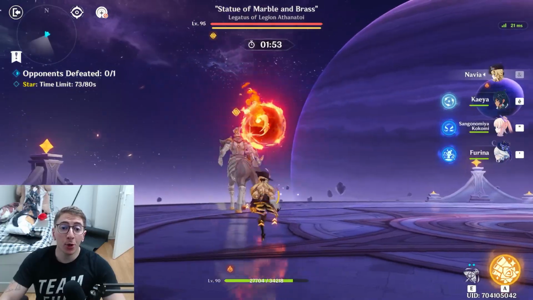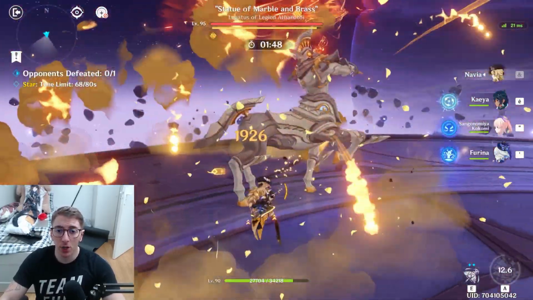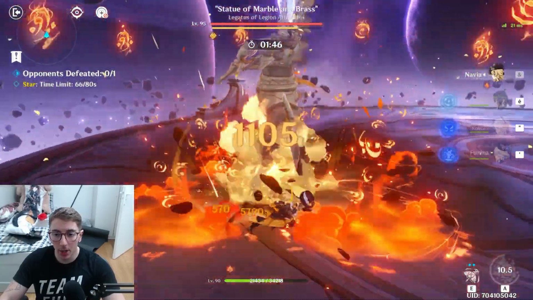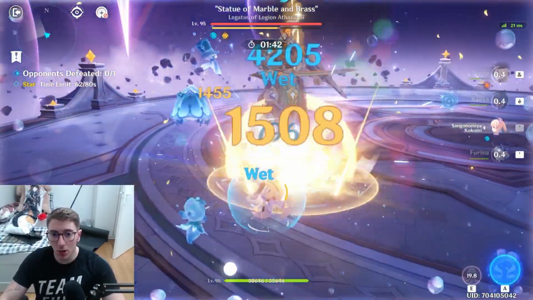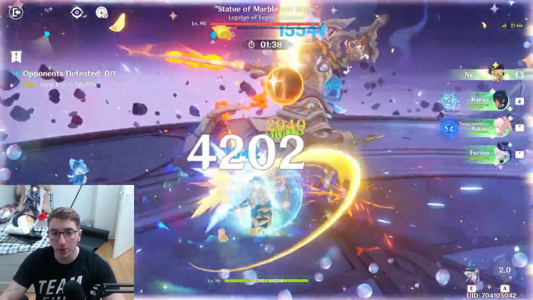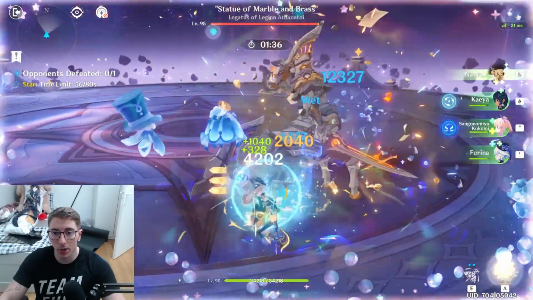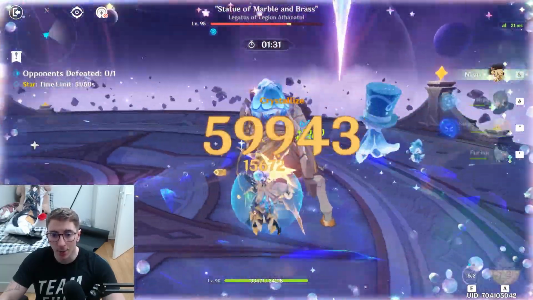Okay, so now for the third boss, you want some Geo to break the shield. So Navia is a great option. If you have Zhongli, I didn't manage to pick him up this run, but if you get Zhongli, perfect as well to break the shield as fast as possible. Claymores doesn't necessarily have to be Geo as well. Claymores in general will break it pretty fast, and then you just want to deal as much damage as possible